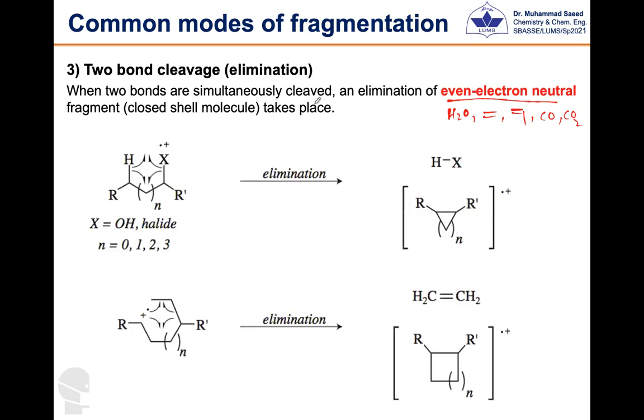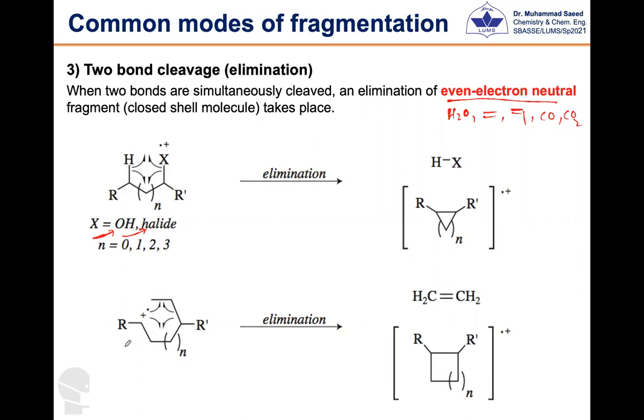Okay. So for two bond cleavage, the mechanism, the arrow pushing is a little bit complicated, but if you are with me and practicing with me like I am trying, it should not be problematic. So first of all, identify what type of molecule will give rise to two bond cleavage. Most prominent are alcohols, alkyl halides, and cyclic structures like cyclopropane,